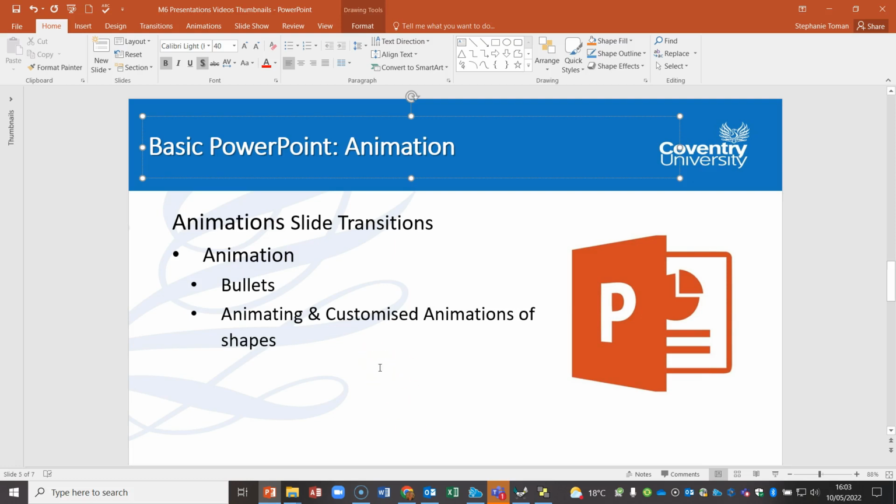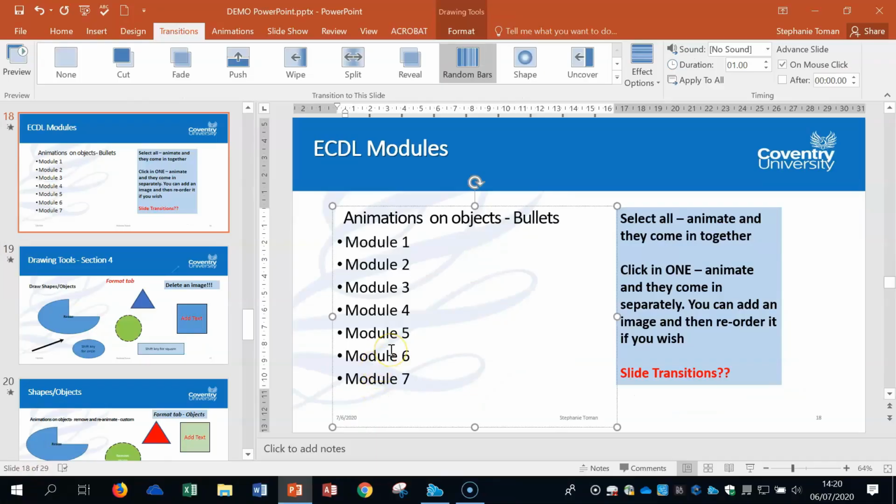So it's going to be applying it to objects, which would include bullets, pictures, images, maps, and then you've obviously got your shapes as well. And you can then also customize those with regard to the animation timings, etc. So I hope you enjoy this area. Okay, so we're going to do the last few slides of the ECDL Module 6, the PowerPoint